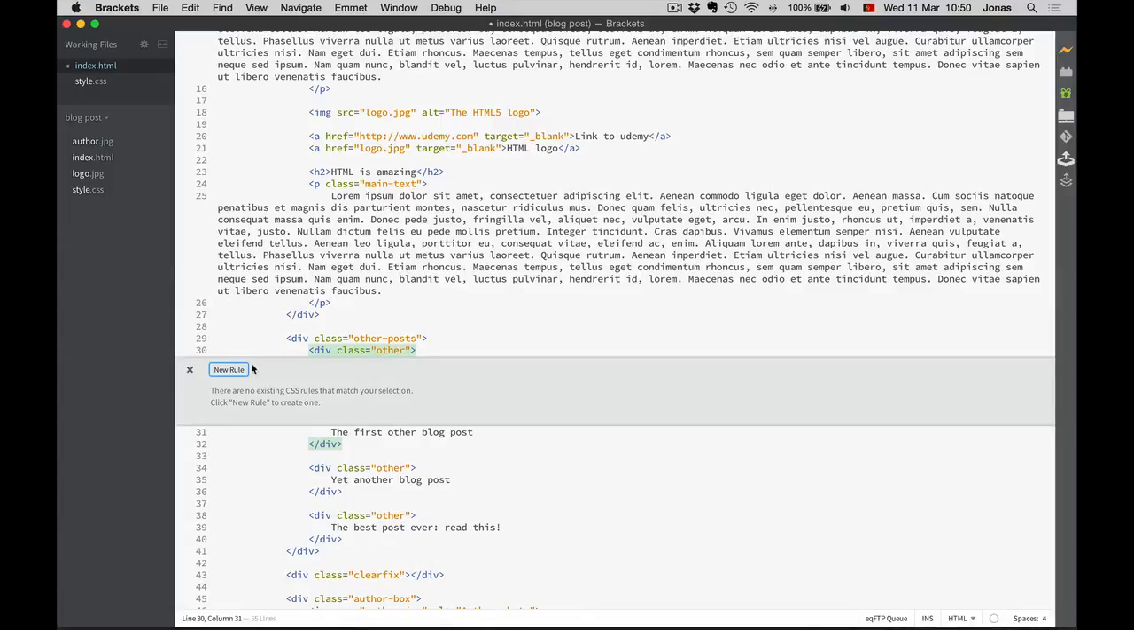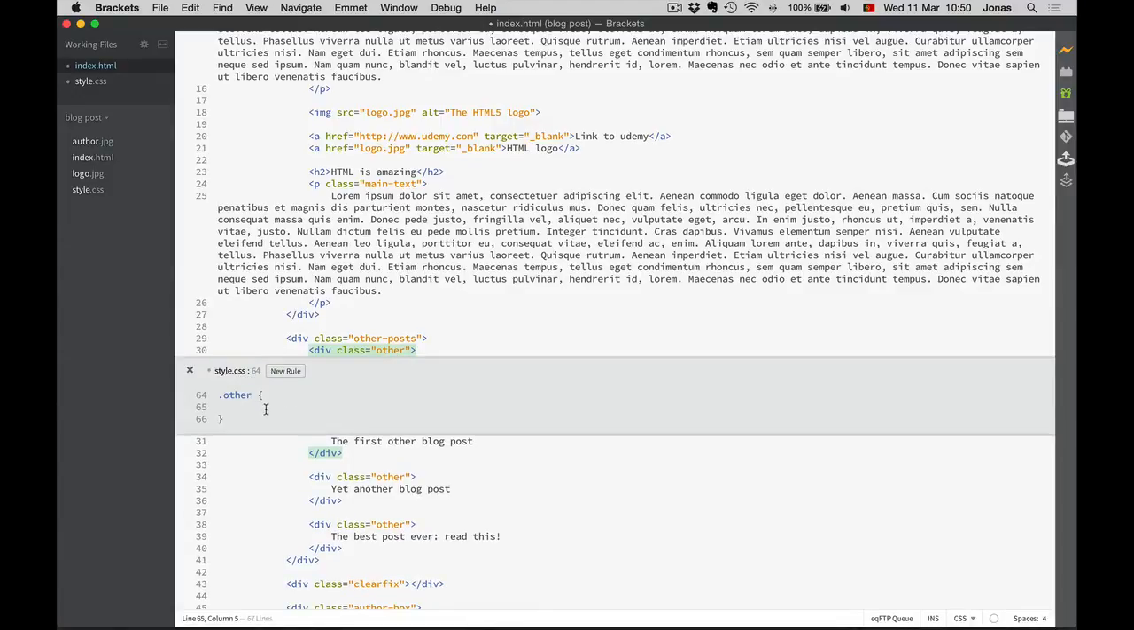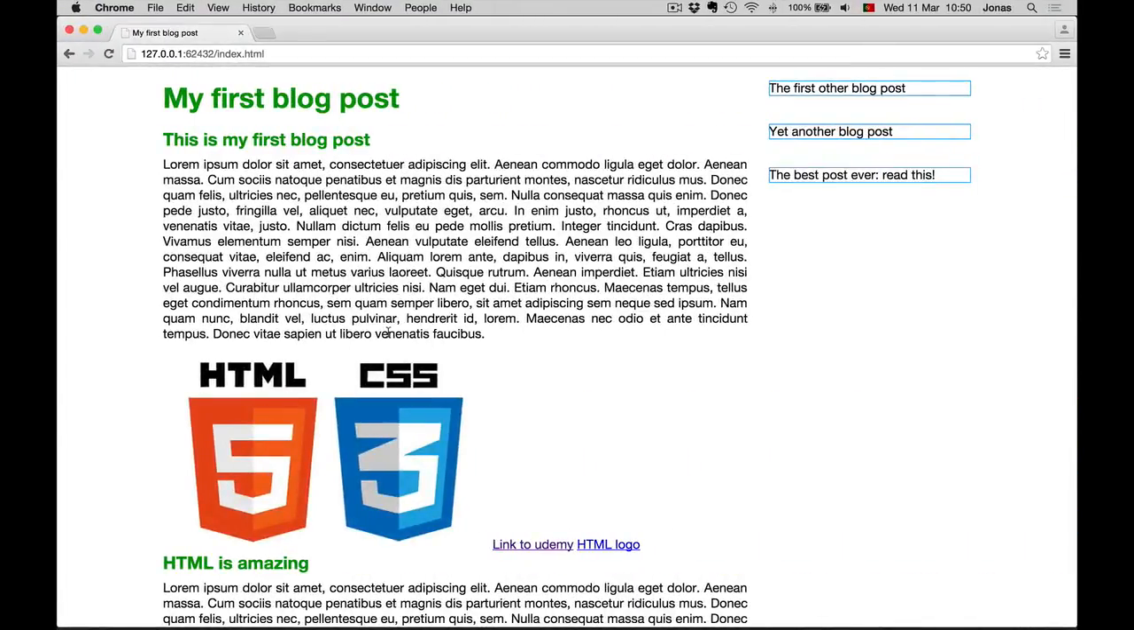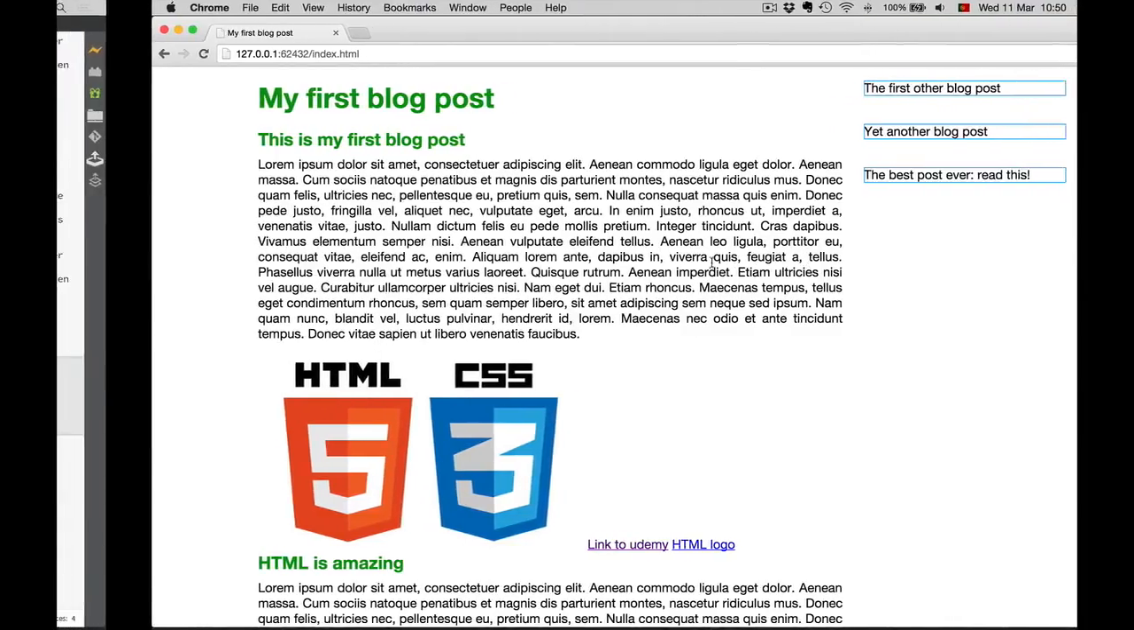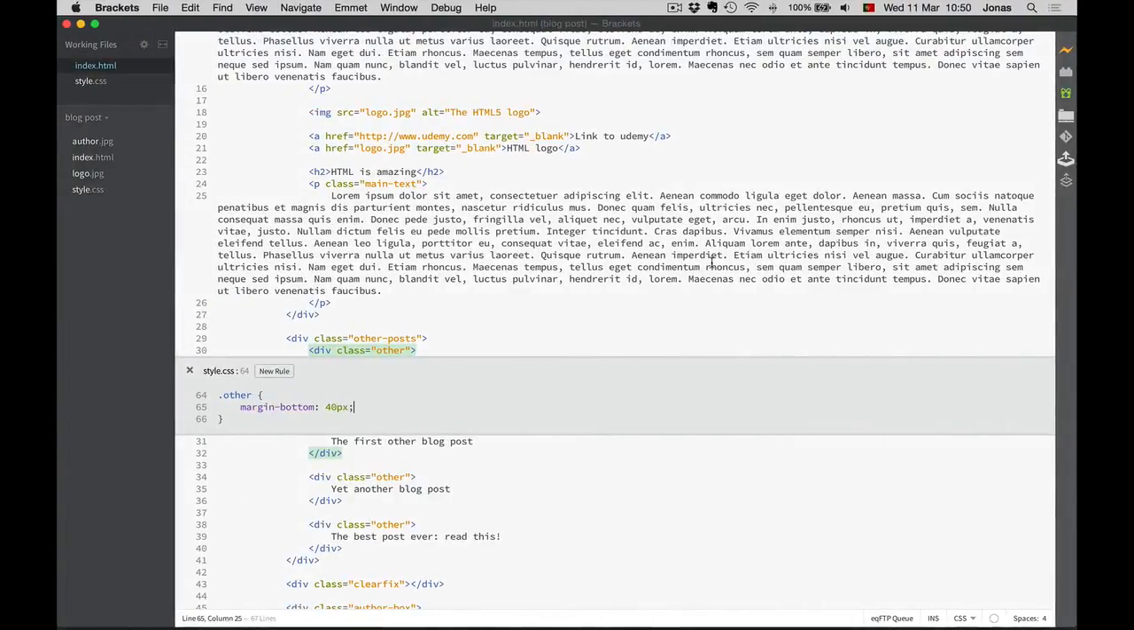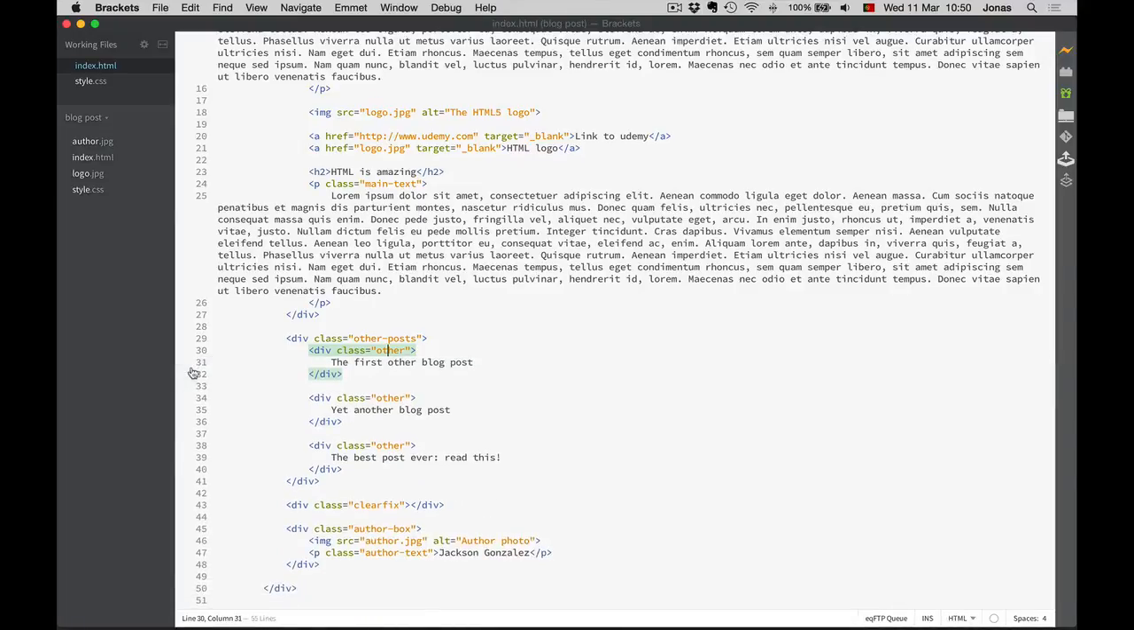So Command E again and new rule, and let's say we want a margin bottom of 40 pixels, which means a distance between those boxes of 40 pixels. So this is what it looks like. It's not beautiful, but you know, it's there. And the cool thing is we know how to put it there. So let's just close this again,